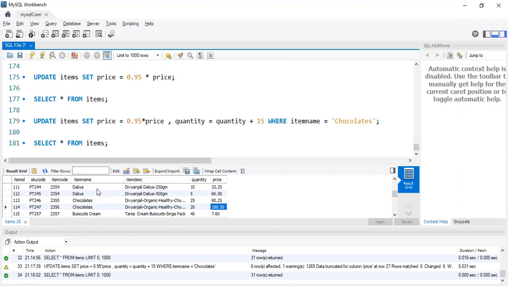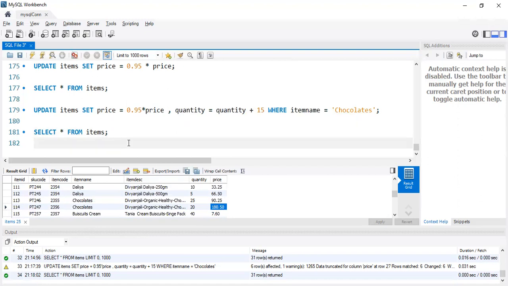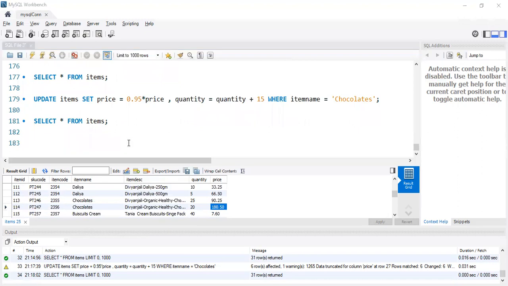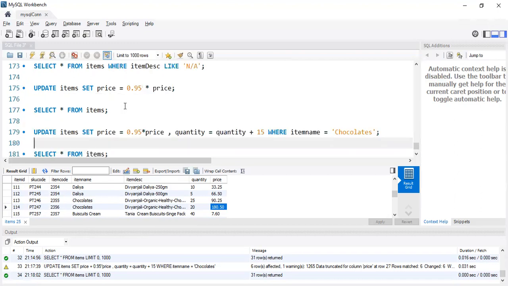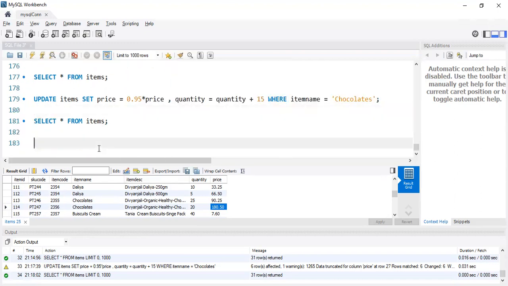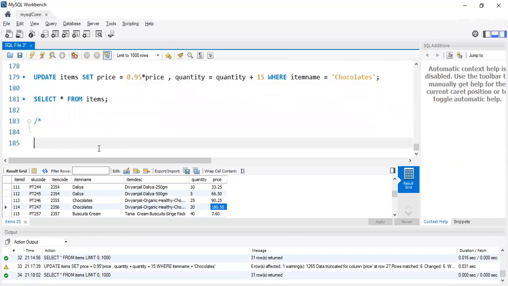Okay, so this is what we do now. We have changed a couple of values, and if there are multiple columns, then we can change those as well. So this is update. Previously we had created the table. Next, we used the select statements, that is for retrieve. Then we update it. So this is essentially called CRUD